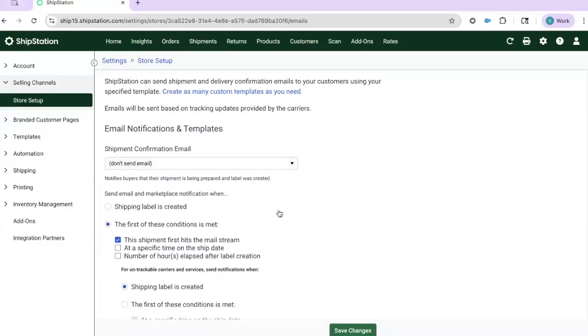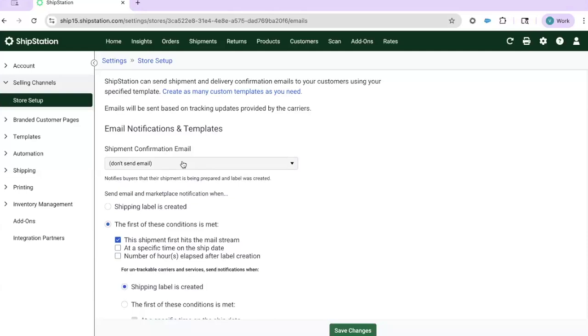I think if you're using one of the newer accounts, it'll be like a checkbox here. But again, this is where you can go to turn those emails off. I believe by default they're turned on. And so you'll want to come here and turn those off if you are already sending emails through an external